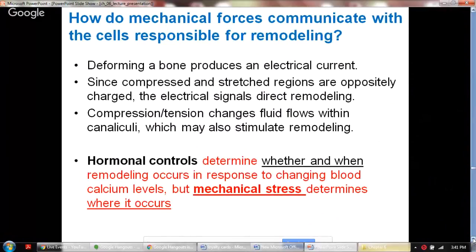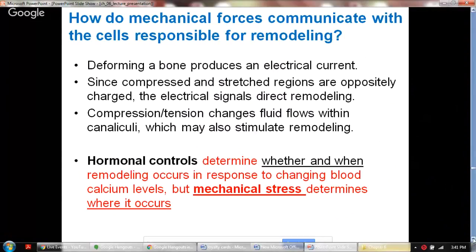Here we'll talk about how mechanical forces communicate with the cells responsible for remodeling. Deforming a bone produces an electrical current in the bone. Since compressed and stretched regions are oppositely charged, these electrical signals direct remodeling. And the compression or the tension changes the fluid flows within the canaliculi, and it's thought that would also